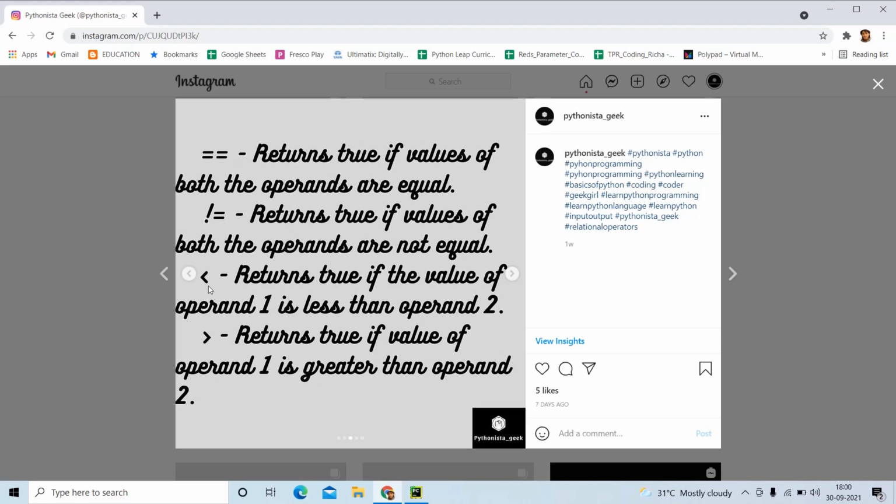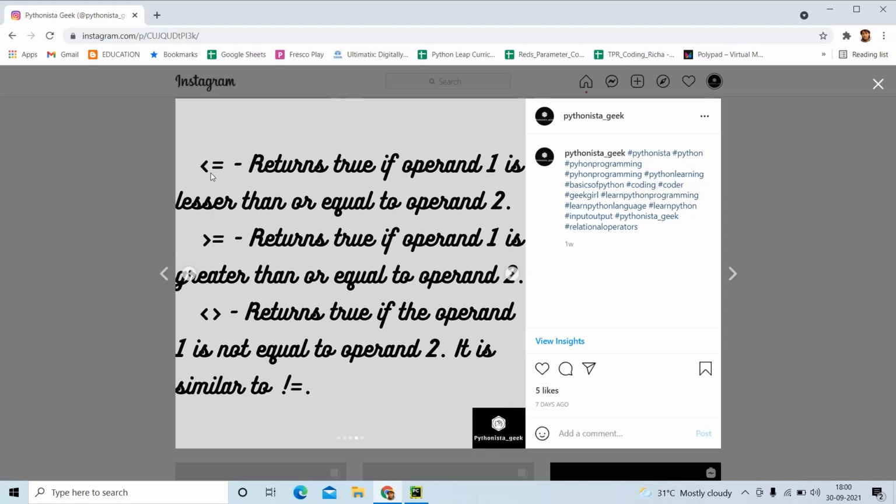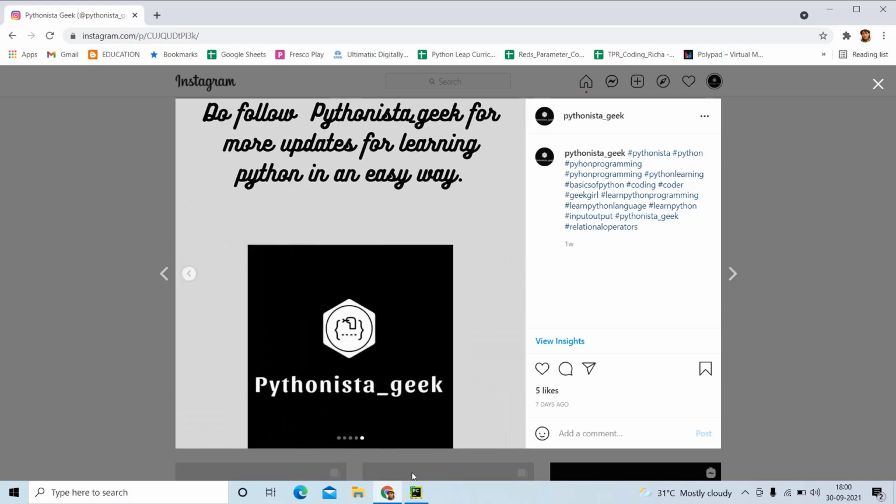And the lesser than symbol, as you all know, will return true if operand 1 is less than operand 2. The greater than symbol is going to return true if operand 1 is greater than operand 2. And coming to the lesser than or equal to, it is also going to check whether both operands are equal or not. If it is equal, it will return true, other than lesser than. So if any one condition is satisfied, it will return true. The same way it goes with the greater than or equal to, and the not equal to symbol can also be replaced with this double arrow mark, which is going to do the same function of not equal to. So these are all the relational operators I can see.